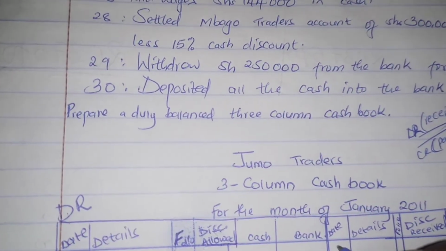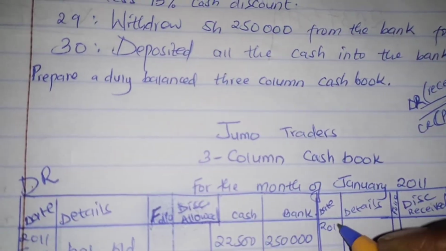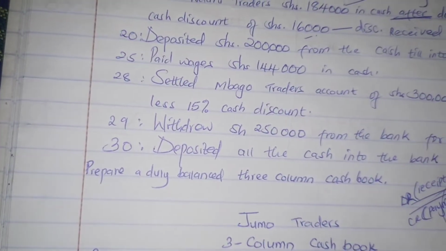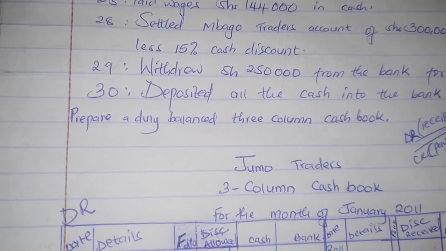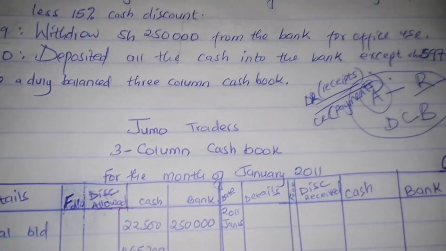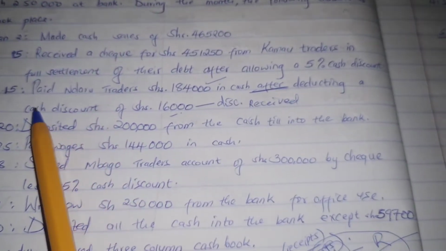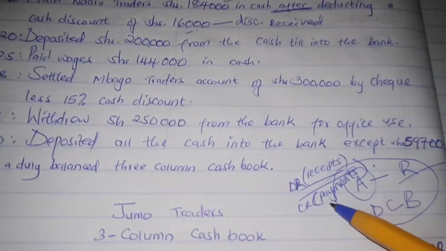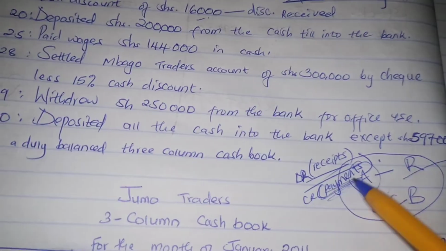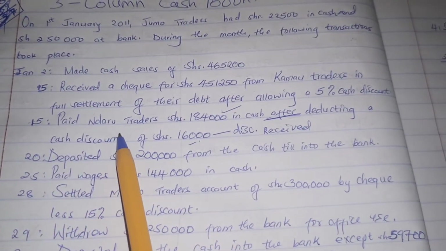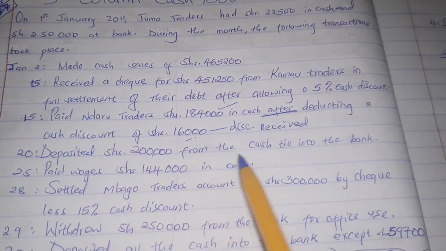So the year is 2011, January, date 15. Why are we debiting? I mean crediting. Remember we said payments. The word paid. Payment has been made of